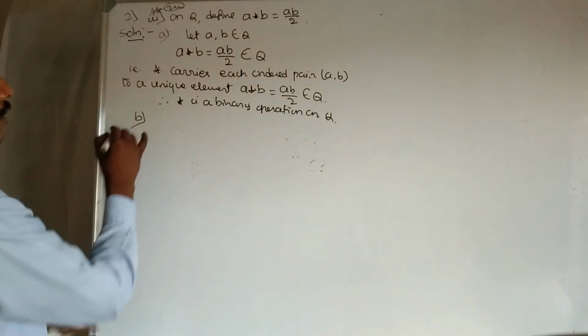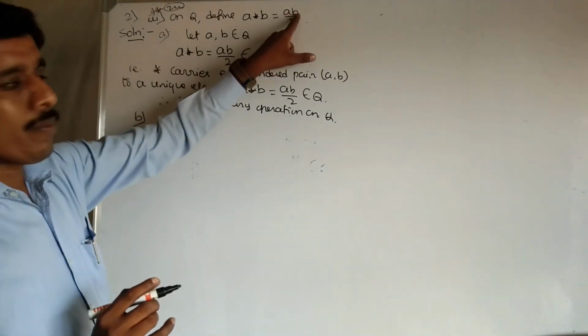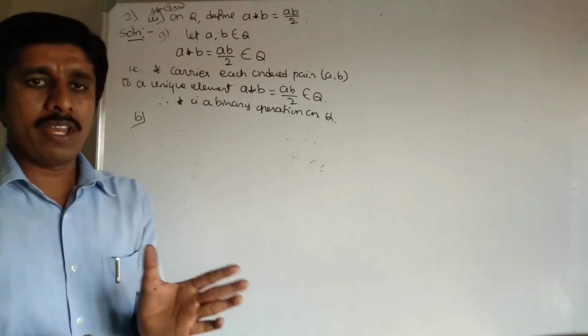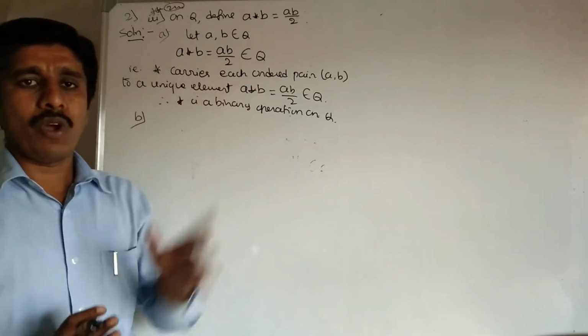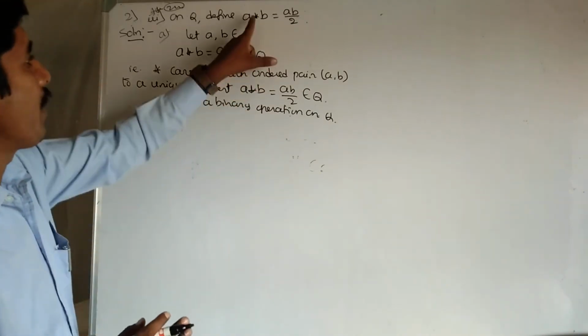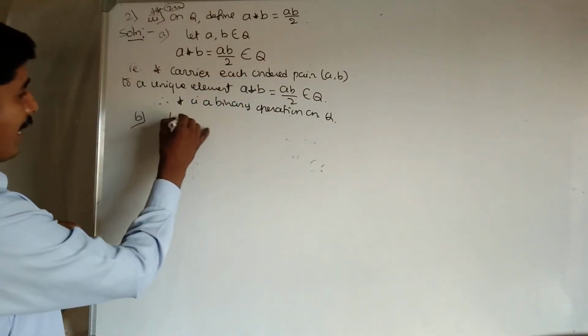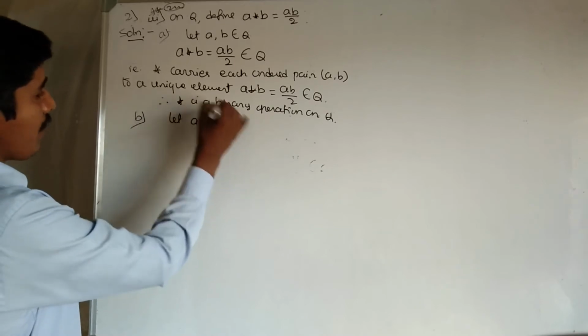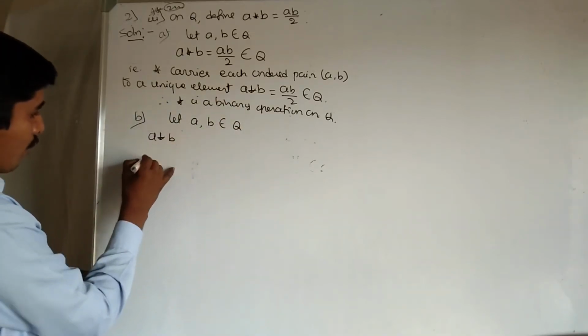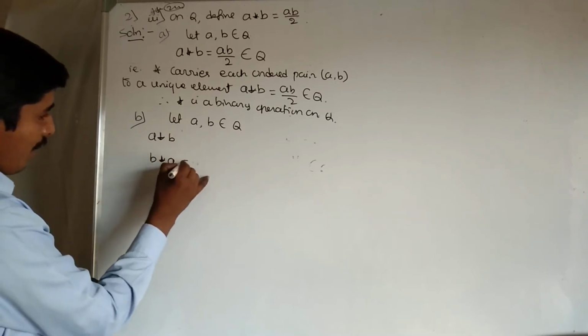Second problem. So clearly here we have AB equal to BA. Clearly it is commutative. Mind it, this is the only problem in the second and first problems where we check both commutative and associative. Very important one here. Therefore I am taking elements. Let's take A, B belongs to Q. Commutative property: A star B equal to B star A means here star is commutative.